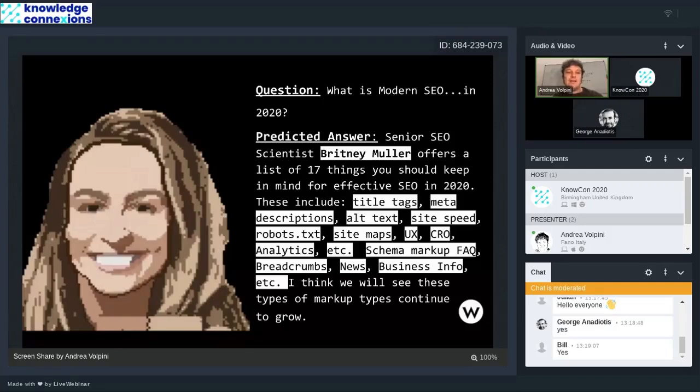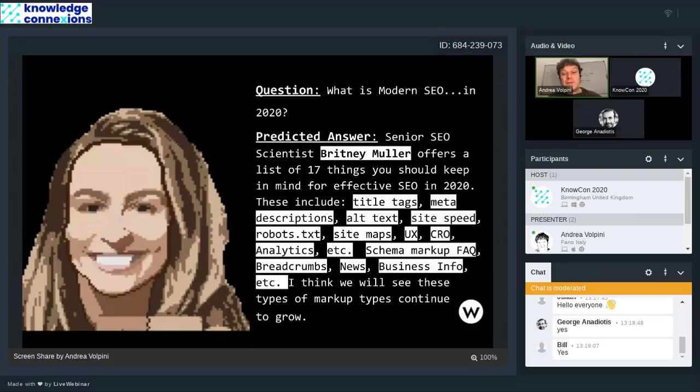and earliest SEOs that has been working in the context of machine learning. And so Britney Mueller, the machine continues, offers a list of 17 things that you should keep in mind for effective SEO in 2020. These include title tags, meta description, alt text, site speed, robots.txt, sitemaps, UX, conversion rate optimization, analytics, etc. Schema markup, FAQ, breadcrumbs, news, business info, etc. I think we will see these types of markup types